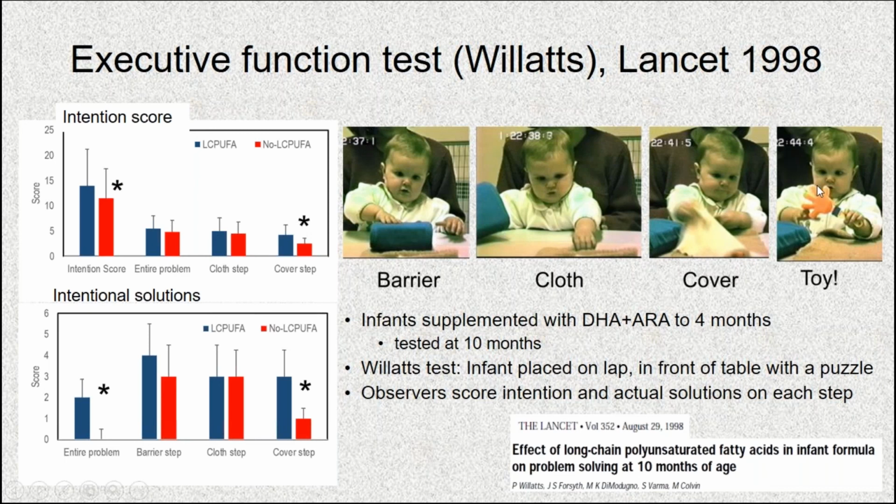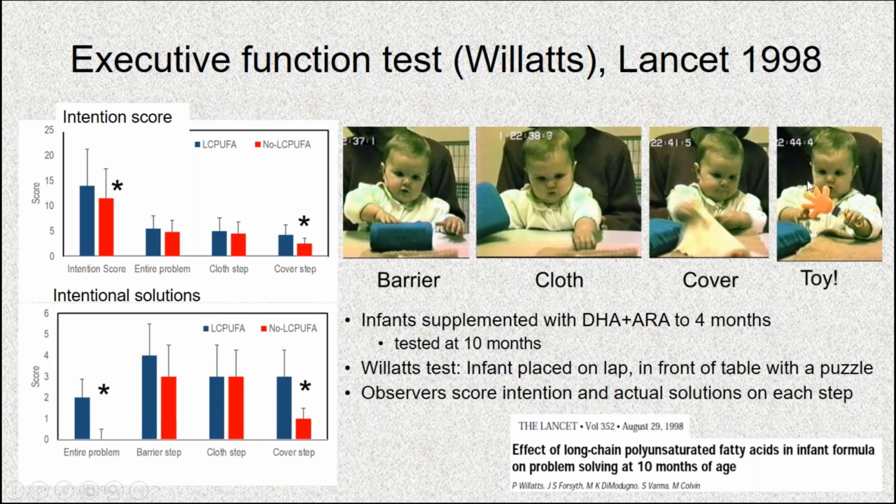So this is a task, really several tasks. They're all tasks that the child can accomplish very easily, but the child has to focus and remember what she's doing and get to the end to get to the goal. And in this study, which was of children that were either supplemented with DHA and arachidonic acid to 4 months of age or not, were then tested at 10 months of age. And in this test, it was shown that this executive function, and this is a bit complicated how you interpret this, but it was shown that